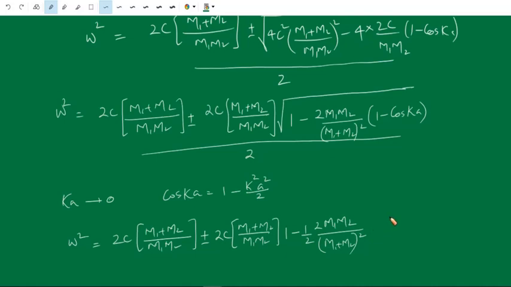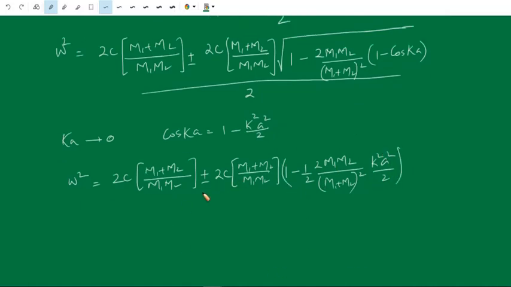So 1 minus cos ka can be written as 1 minus of 1 minus k square a square by 2. So this will become k square a square by 2, divided by 2. We have omega square equal to 2c m1 plus m2 divided by m1 m2